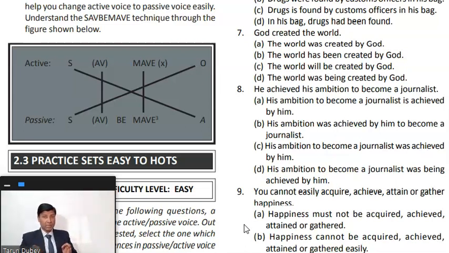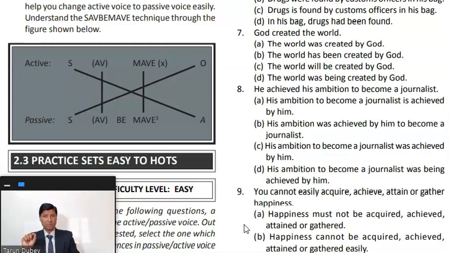When this active sentence is converted into a passive one, then something is added. But before adding, the subject and object reversal must be done. That means the object of the active voice is kept at the place of the passive subject, and the subject of the active voice is kept at the place of the object in the passive voice. Okay, this reversal is done. But that is also not important for us. What is important is